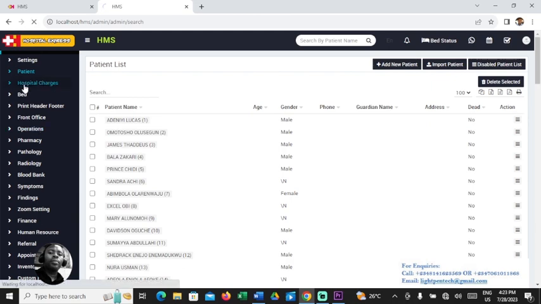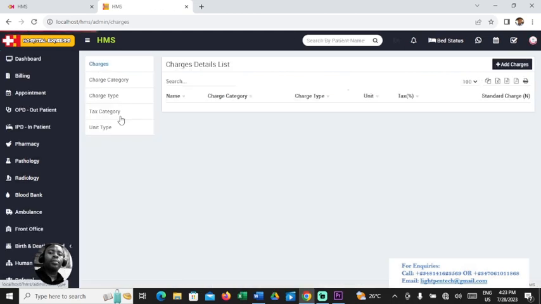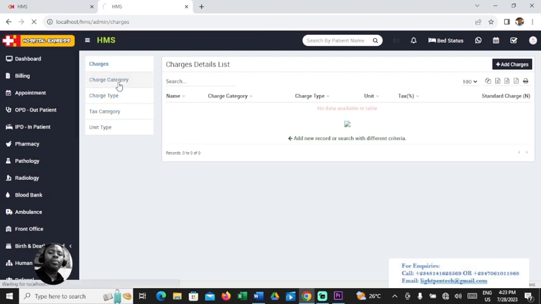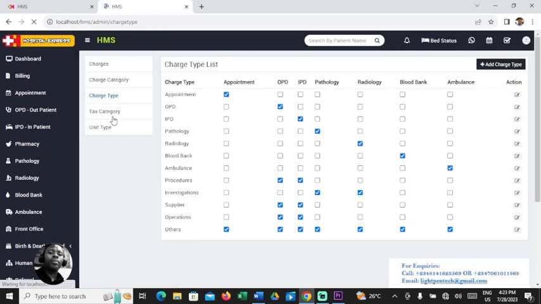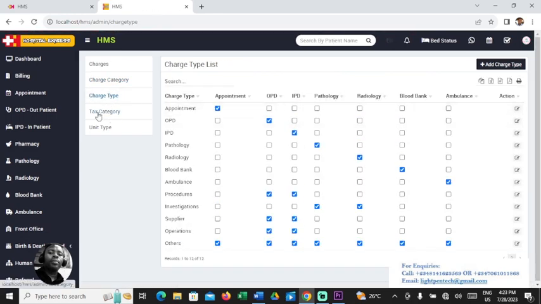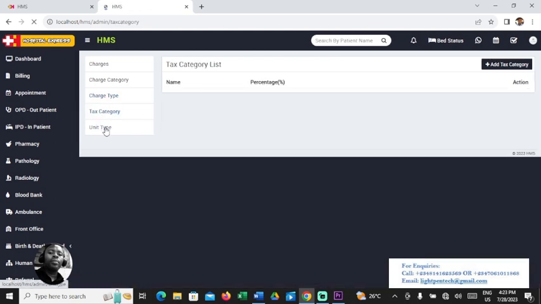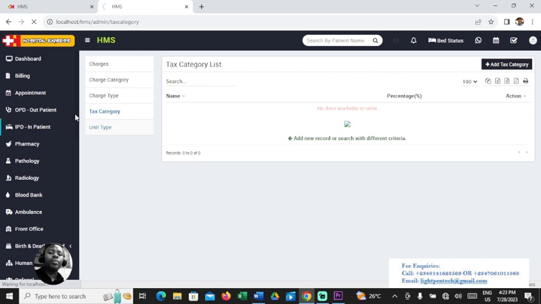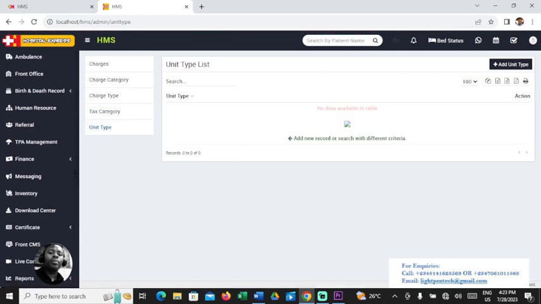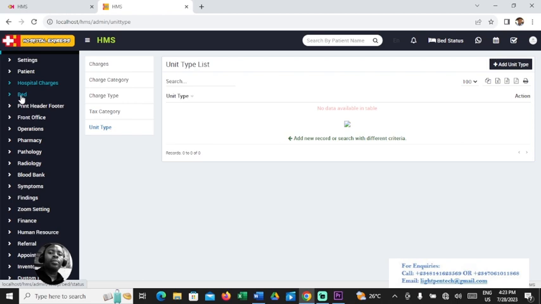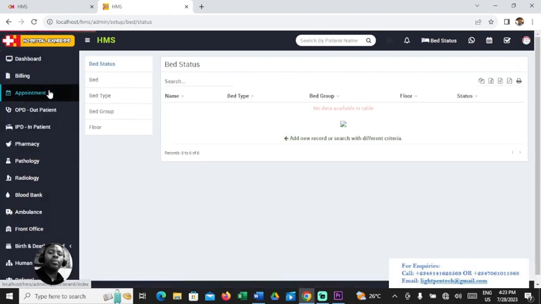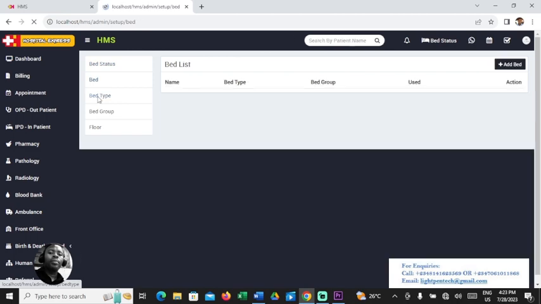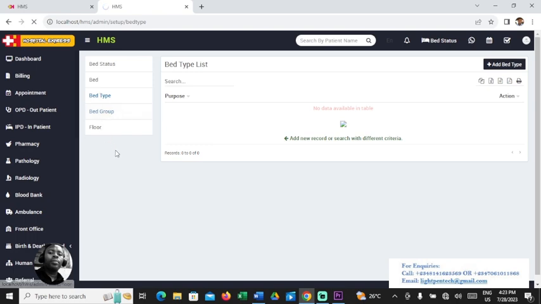Bed, hospital charge. This is where we set up the hospital charge. We have hospital charge category. We can click charge categories, see it, charge type, everything. We can do all the settings there. Tax category, unit type, and every other thing. So what else again? Then bed. We have different kinds of bed status, bed type. We have bed type, bed group, everything. It depends on each hospital. So we have the floor,